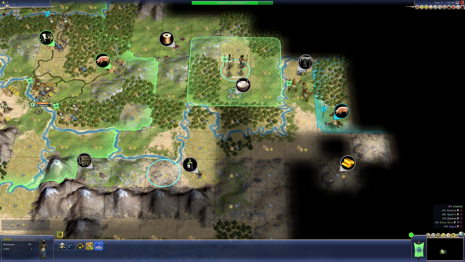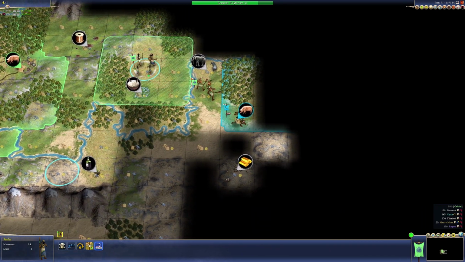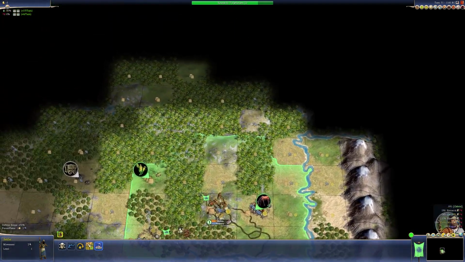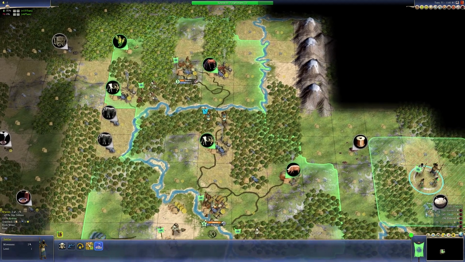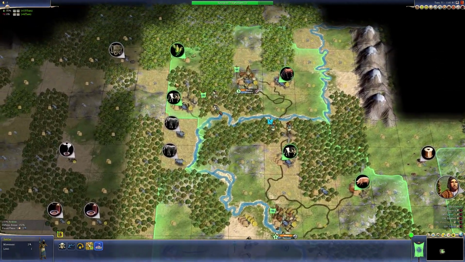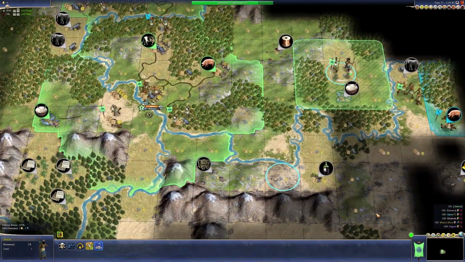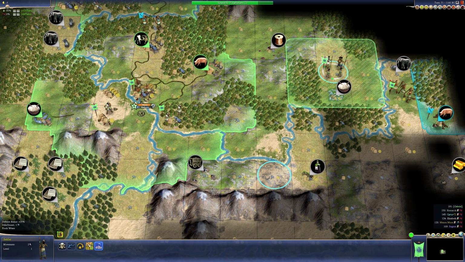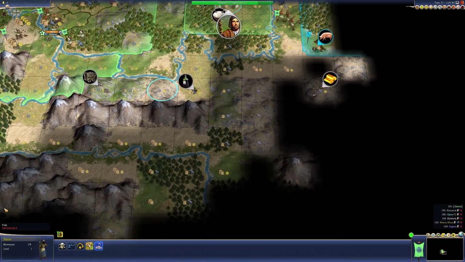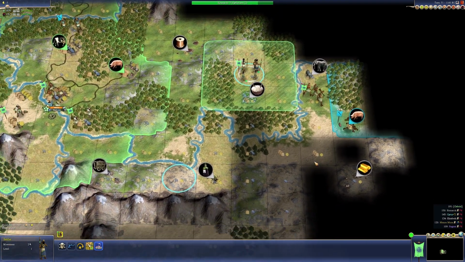I am thinking... Man, what do I want to do here? Maybe we will push an early war against Cyrus. That might be what we end up doing. As soon as we get access to iron, we can start building swordsmen, which will give us a city attack bonus, and we can push an early war if we have to. Because he probably has some...